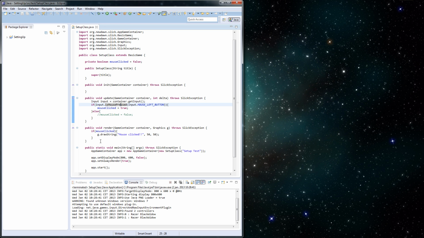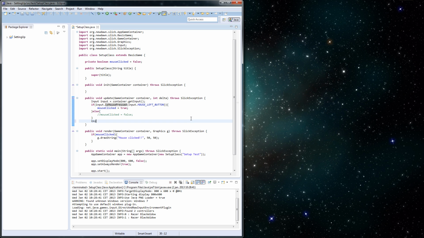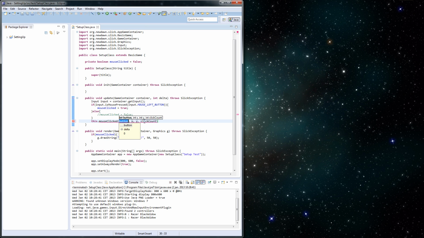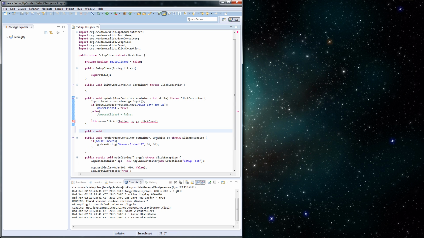So also again, you can see mouse clicked, mouse released, mouse pressed over here. Now the mouse pressed and mouse released are the same as this method. However, the mouse clicked also has a click count, and notice that mouse clicked, mouse pressed and mouse released have an integer which indicates what button it is. So let's take a look at the mouse clicked, and let's override that method. Public void mouse clicked,